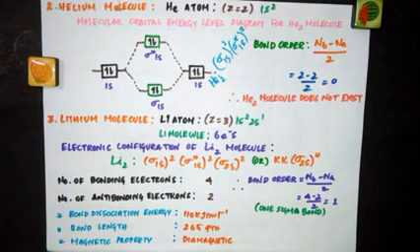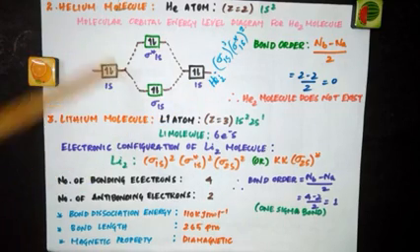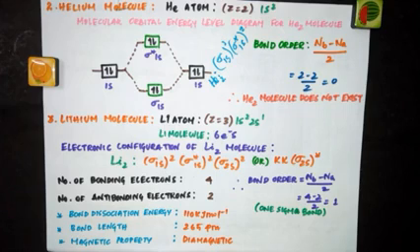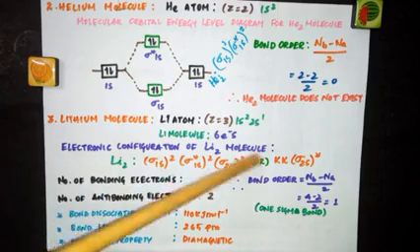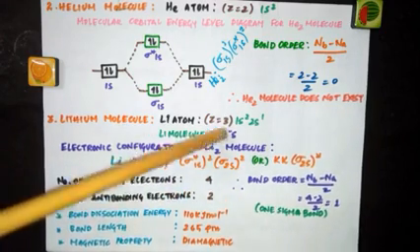Now coming to the next molecule, the lithium molecule. What is the atomic number of the lithium atom? 3. So the configuration will be 1s2 2s1. So in the lithium molecule, which is Li2, how many electrons will be there? 6 electrons. If they ask you to draw the MO diagram, then you can go with this diagram, or else you can simply write the electronic configuration of the molecule. Suppose they are asking you what is the bond order in the lithium molecule, or what is the magnetic property. In such cases, if they are not asking you to draw the MO diagram, you need not draw it, just go with the configuration. So Li2, we have 6 electrons.